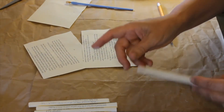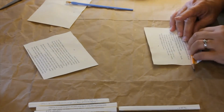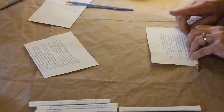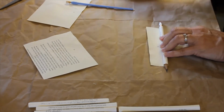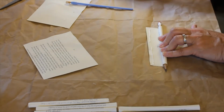It should have a good seal, and then I leave it. If I took the paper this way, you can see this is where I'll end up with just a white sheet. And you can do this periodically. It doesn't matter. It's just if you want a little bit more of the look of the black and white, you want to make sure you have